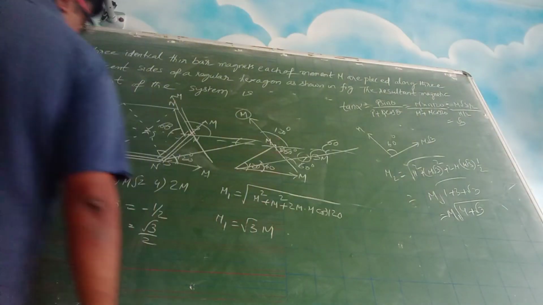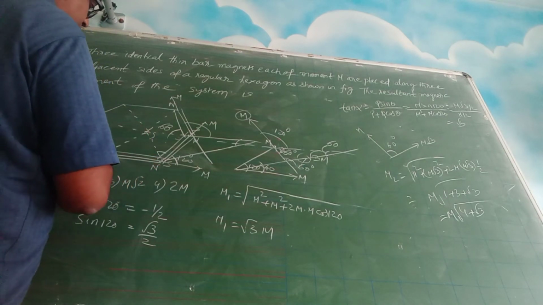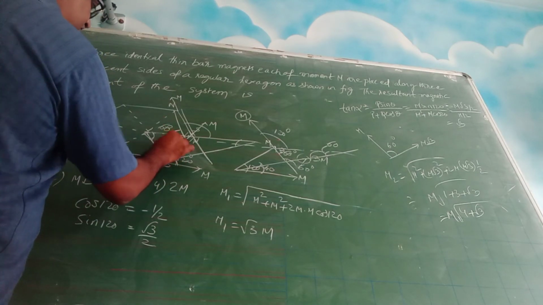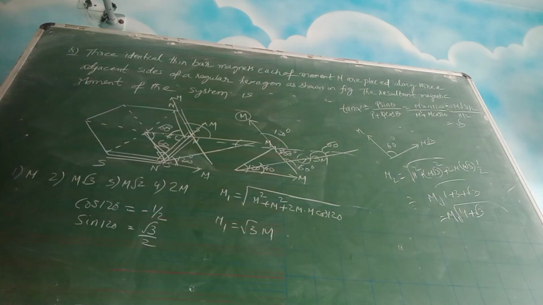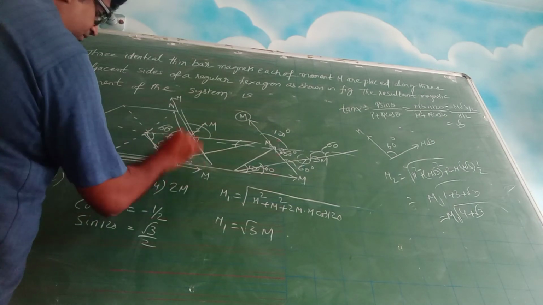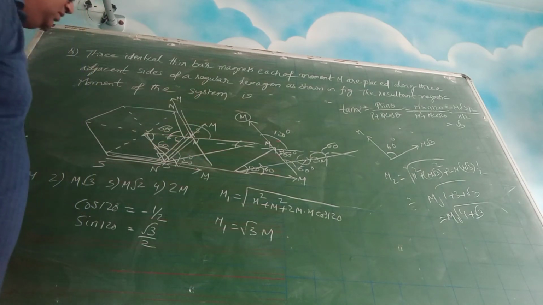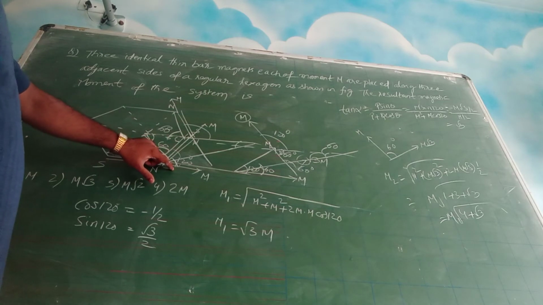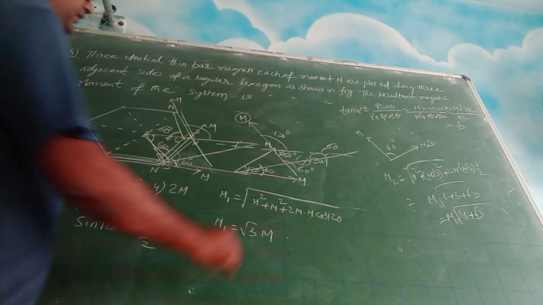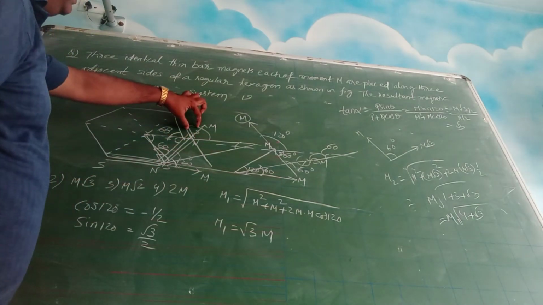I think we have made some mistake in the calculation of angles only. So this is 60 and these two are equal, so this is 60 and this is 60. And this is a straight line, so straight line means this total will be 120. Fine. So you have a moment like this, you have a moment like this. When you take the resultant of these two, because both are the same, it will pass through the center. So it is 60. And what about this? This is 60, so this is 120.